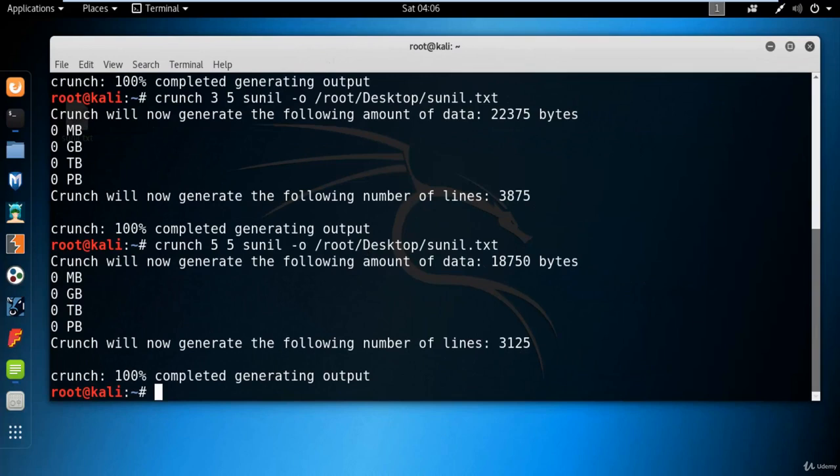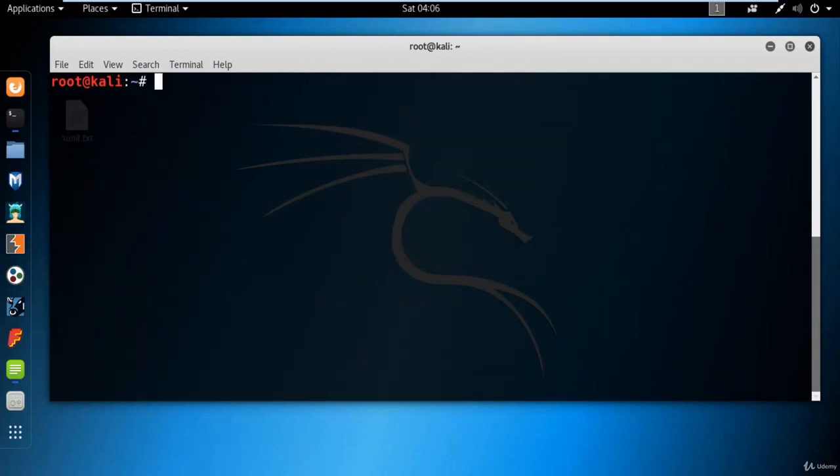Now let me show you one more thing. Let me clear everything. Now, for example, if you want to insert some kind of special characters inside it, how can you do that? Let me show you with my name. For example, the password is sunil@$, and if you want to create a dictionary of this, is it possible or not? Let's try. Let me type crunch